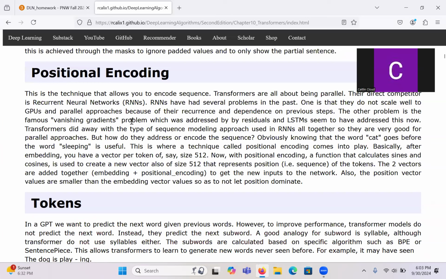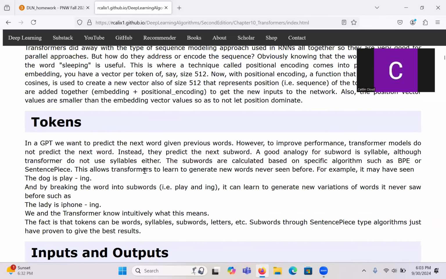And this is really important because you need the information about sequence, but you also need to be able to parallelize the training. With RNNs, you were not able to do this because you have to calculate in sequence all the previous values to calculate the next one. This is something that transformers do for you, but with the trick of positional encoding, which is very simple.